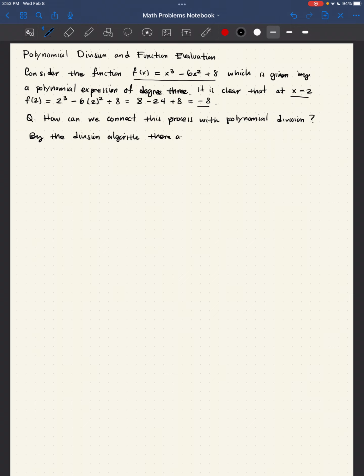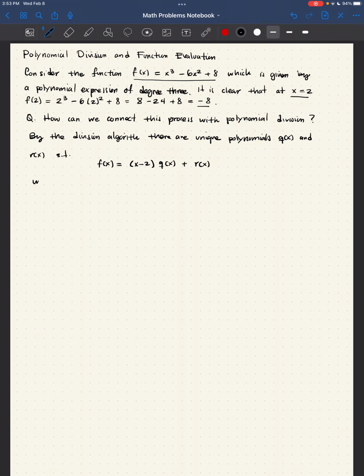There are unique polynomials q of x, the quotient, and r of x, the remainder, such that f of x is expressible as x minus 2 times q of x plus r of x,